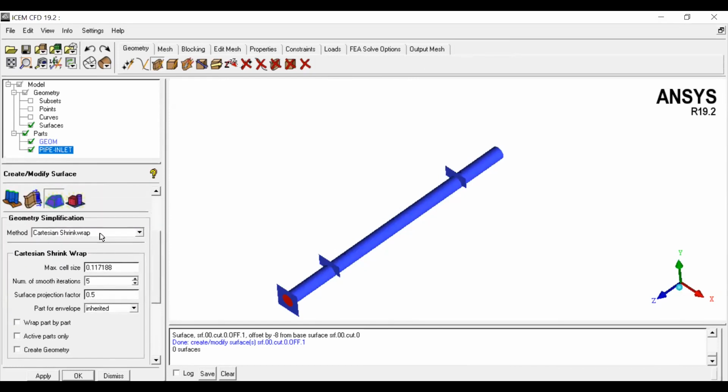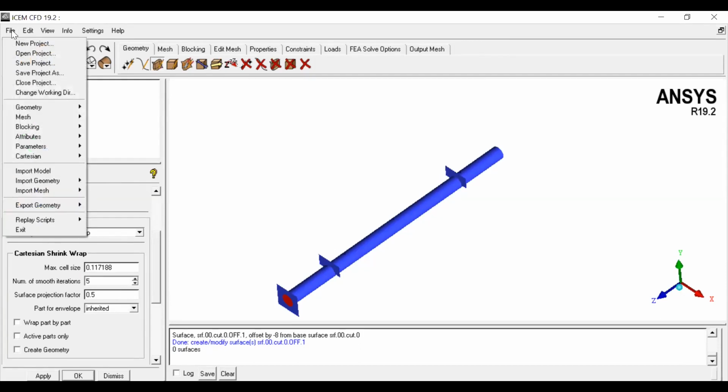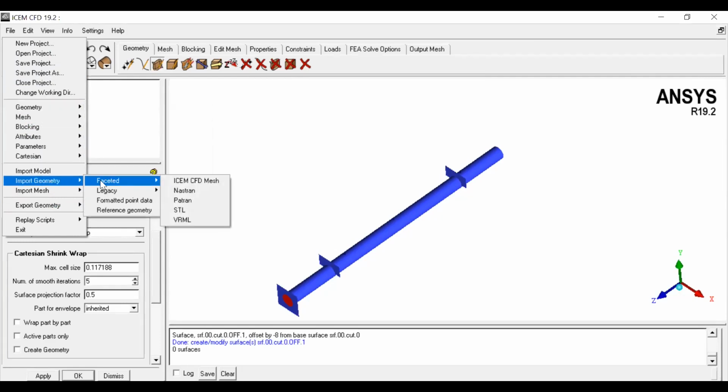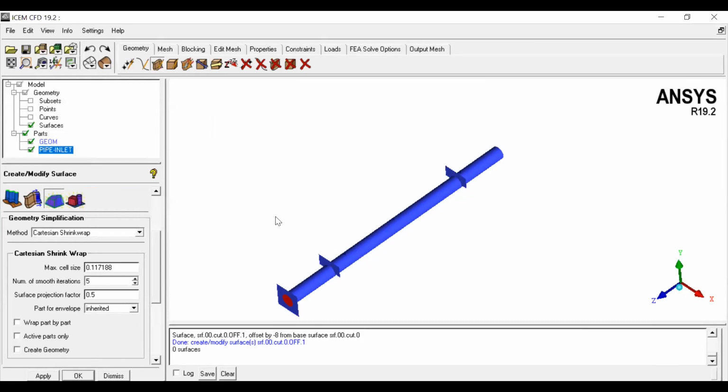Let's say you have some external geometry, like you created geometry using SolidWorks or Furoi or Arcadia. That can be imported using go to file geometry, and there are the prescribed import geometry model. Import geometry, there are the prescribed Nastran, STL, and STEP also. Those files also can be imported over here. And if any geometrical errors are there, that can be resolved, like the geometry repairs. Simply, we can say that geometry repairs can be easily done.